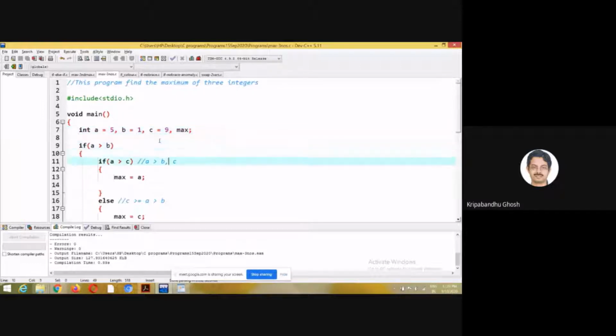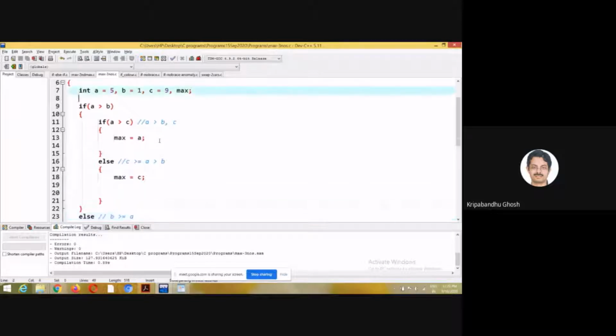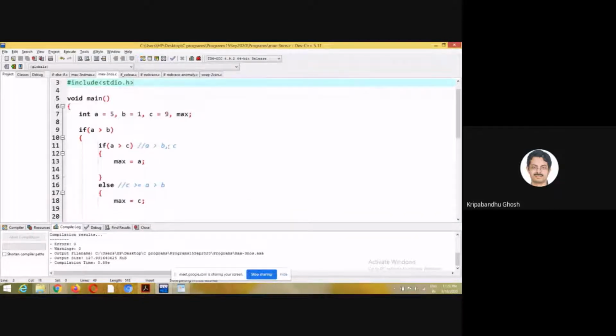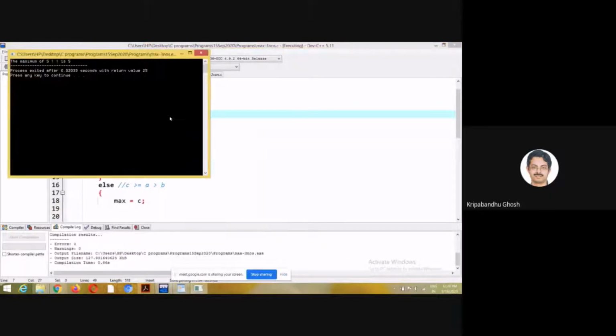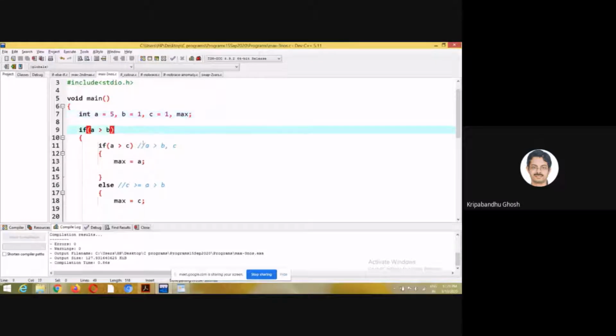That is not the point. You have to do it in such a way that even if I change the values of the variables, you will still get the right answer. If I change it to 1, then it should print 5, right? Sorry, this is the previous version. So now it is 5. Let's look at the code and try to think it logically.